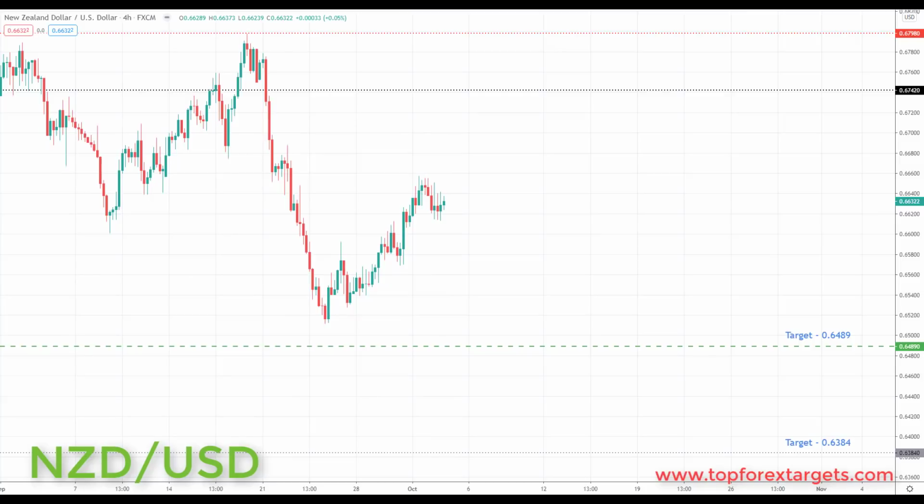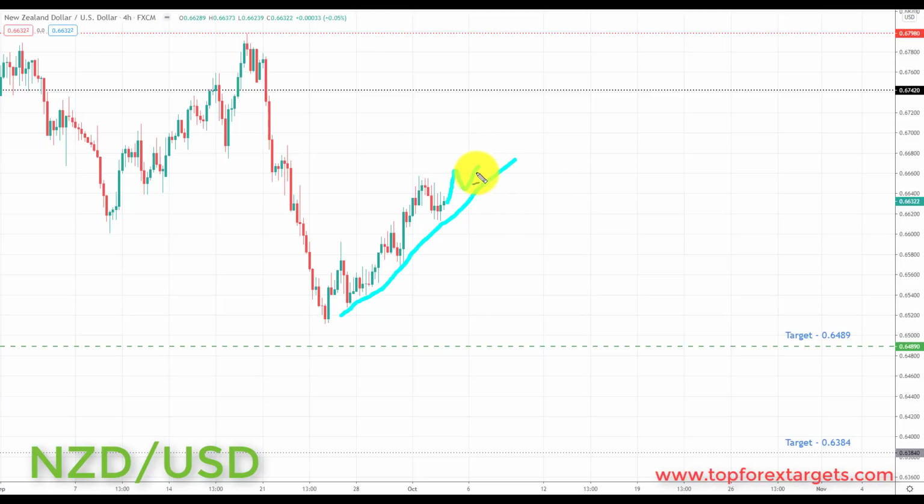So next market we're going to look at is New Zealand dollar. Now last week we were looking for a correction towards the 0.67420, and we have now had this correction. This sets up a nice opportunity to the downside. We have some space down towards our target here of the 0.6489. So very simply put, any further correction in this market is simply going to be treated as an opportunity to short this at a better price.